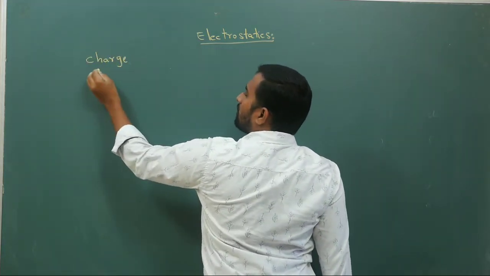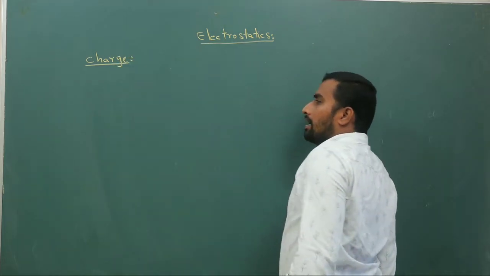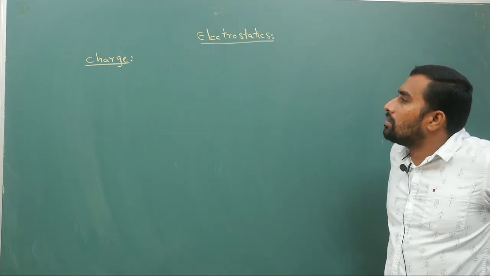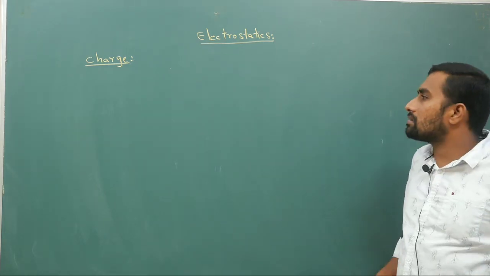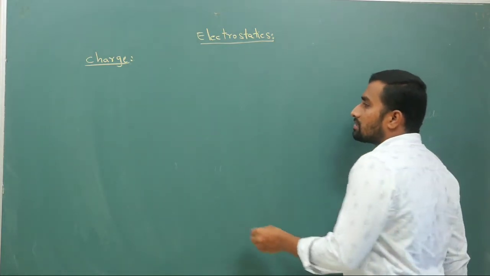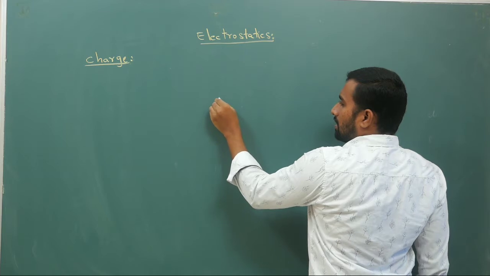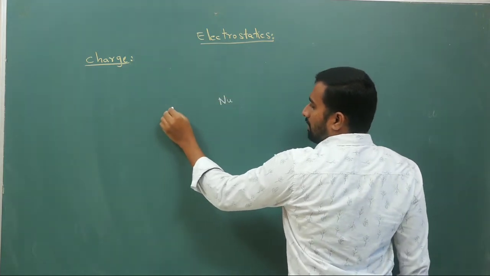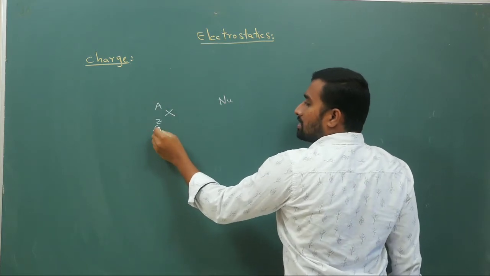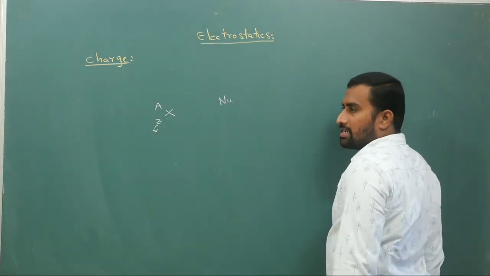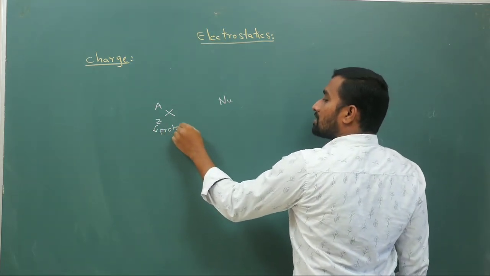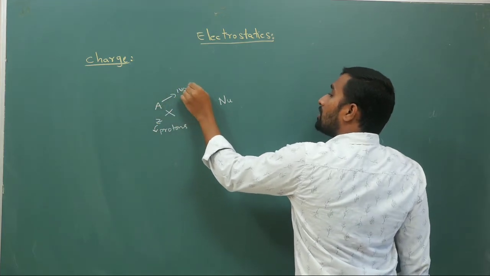The first property of matter particles is charge, and this charge will have its own properties. What are those properties? I will tell you. Now coming to the first part, when can you actually say a body is charged? Normally, if you take a nucleus, whenever you are writing ZXA like this, this is your nuclear representation, it is not an atom. So Z will indicate the number of protons, and A will indicate the number of nucleons.